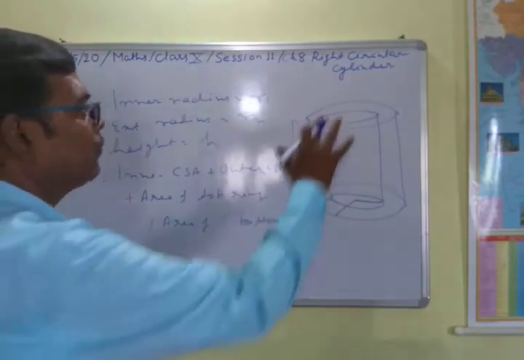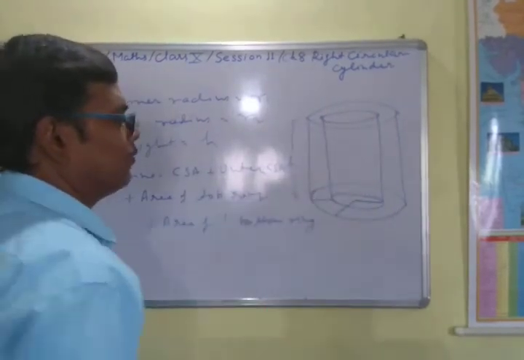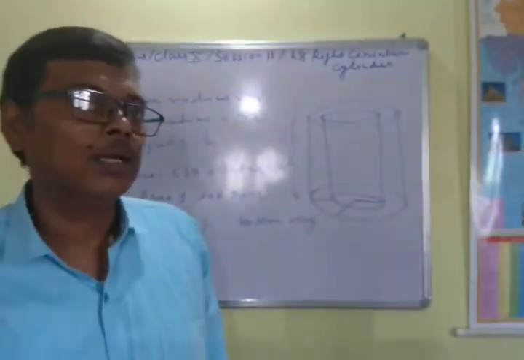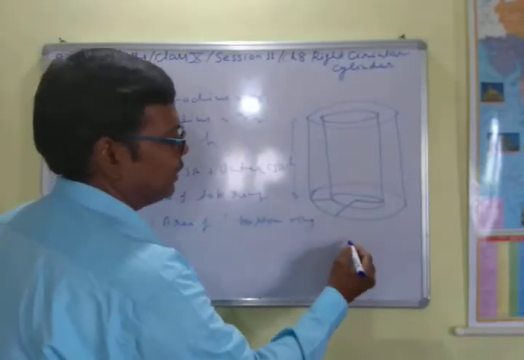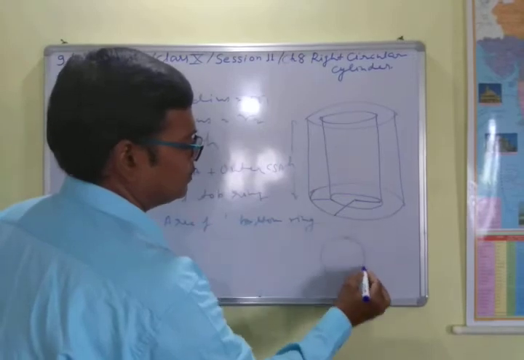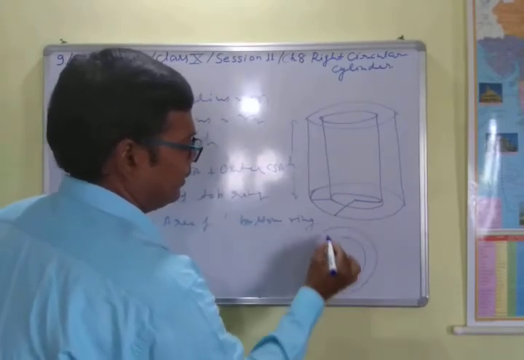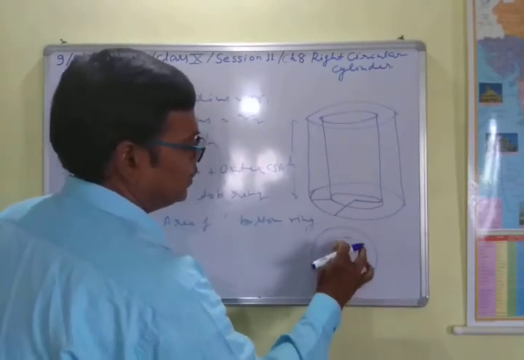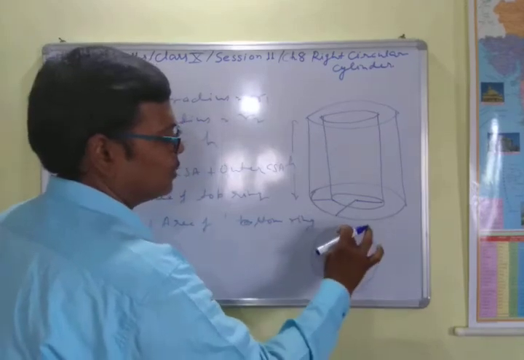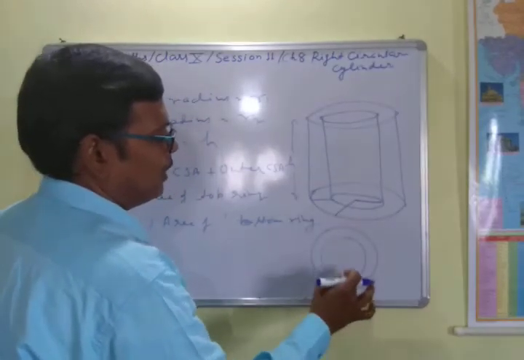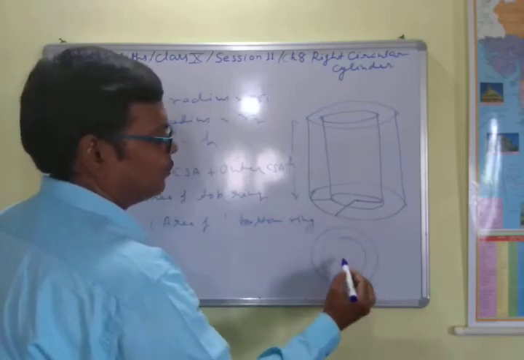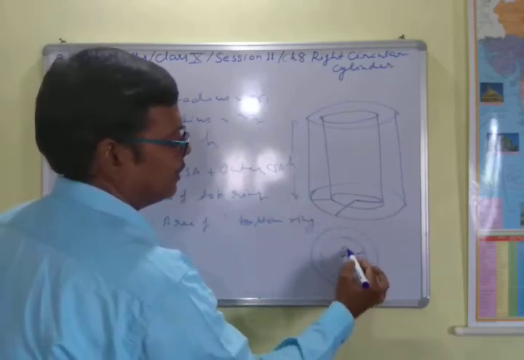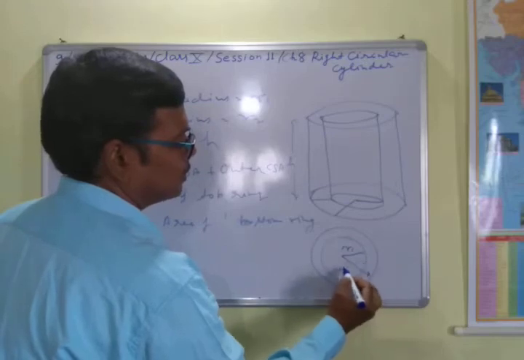So what is the area of the ring? Actually, when you see the pipe like this, then you will see the ring. That is, you will see a ring like this, because this is the inner part of the pipe, this is the thickness of the pipe, and this is the outer part here. So you will see the ring, and the area of this ring will be equal to, that is, this is the inner radius r1 and this is the outer radius r2 here.